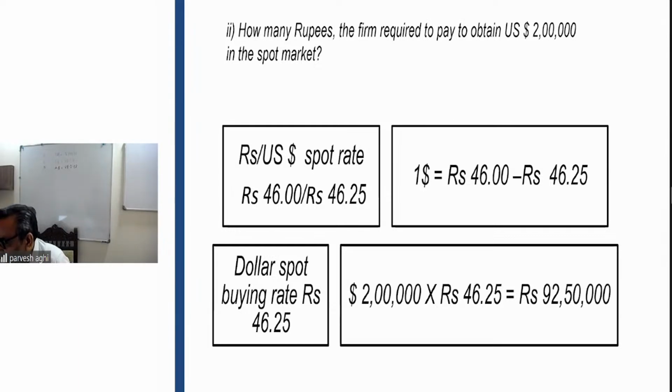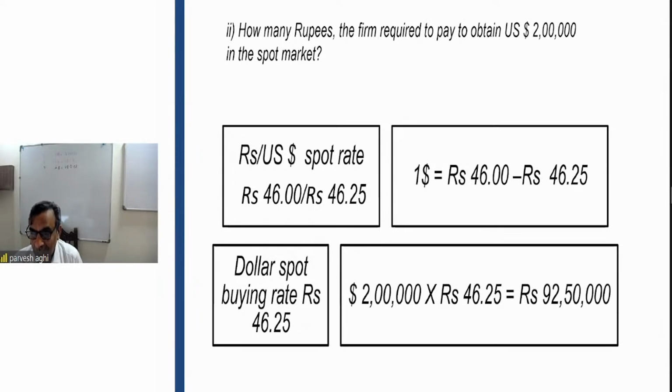Is that okay? Fine. So that means you will get 92,50,000 rupees for your $2 lakh. It's a straightforward question: how much money you are going to pay, in terms of rupees, if you have $2 lakh and you want to convert it. So it's a normal case. You go to the bank and look at the quotation. You look at the Indian quotation that $1 is going to cost you